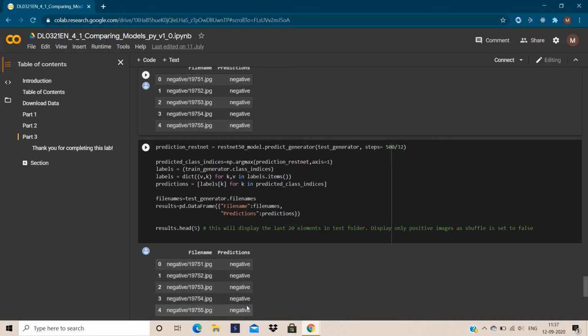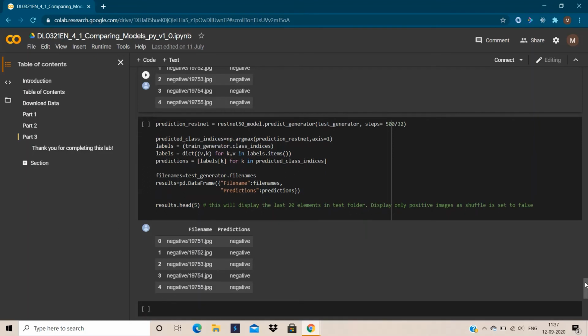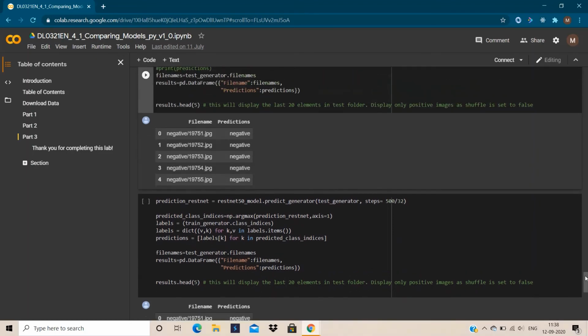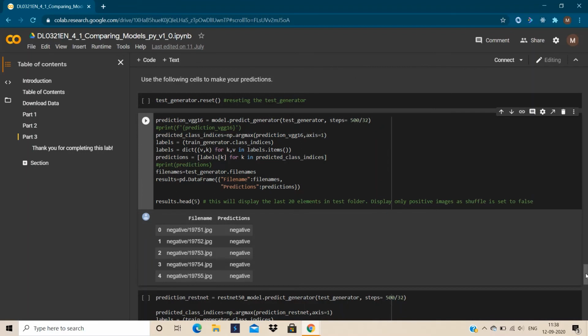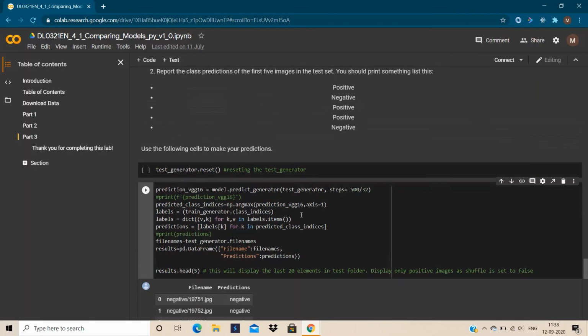So the output of this prediction is also similar. What we got to know is that both the models that we had developed using transfer learning are efficient. Secondly, we can create our own models using transfer learning, so that the models we create will also work efficiently as pre-trained models work. Third point that we got from here is that ResNet50 as well as VGG16, both the models are very efficient, so you can use any of them as both the outputs are the same.